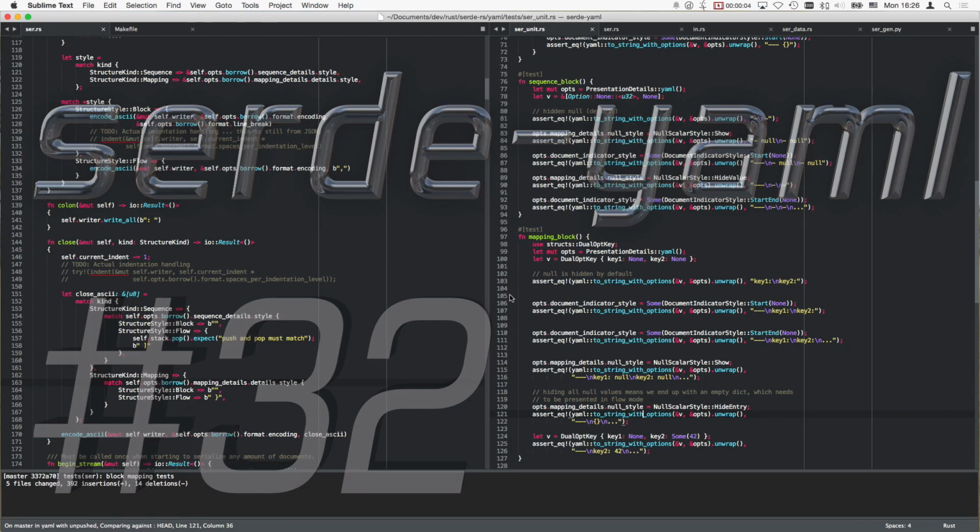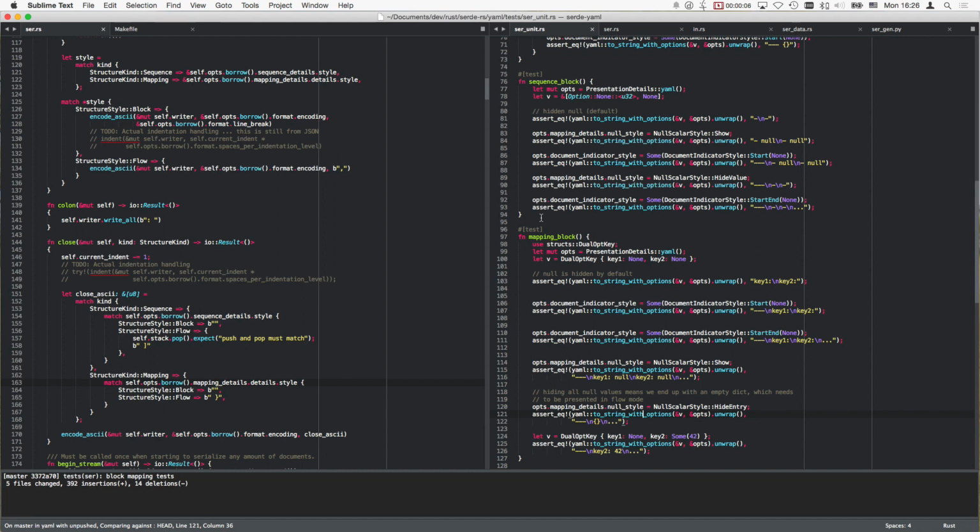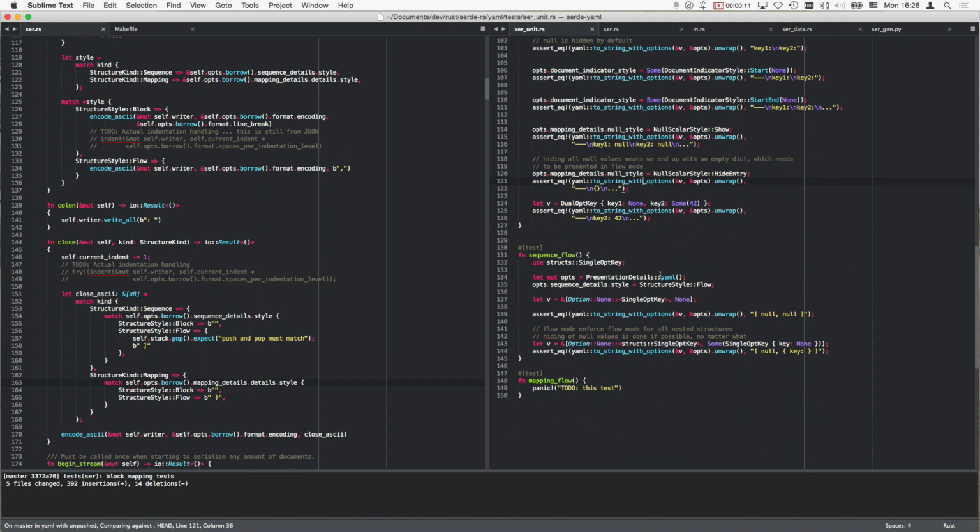It's Byron speaking. In the previous session we have added plenty of tests for the upcoming mapping implementation. Not that I have planned to get mapping in here right away, just because we are not yet done with the sequence handling, but sequences kind of forced me to get some more details about how this would look like with the null handling and stuff, because null may not be hidden in flow